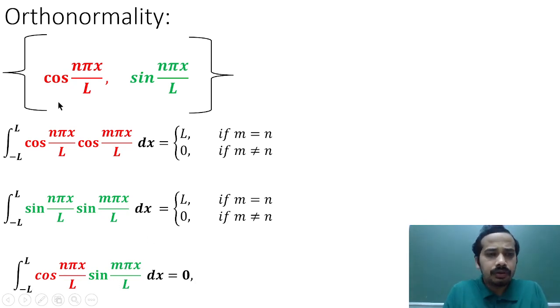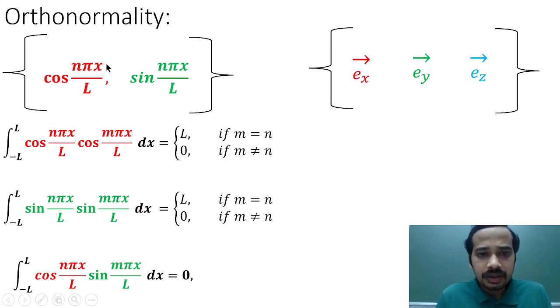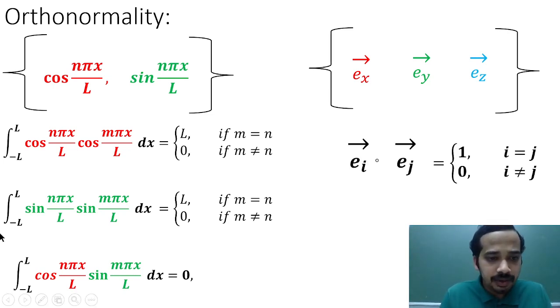So why do we call this orthonormality? Because orthogonality and normalization are words we use in the case of arrow vectors, and we use similar words here because these behave very similarly to our unit vectors. These expressions are very similar to the relation e_i vector dot e_j vector equal to 1 when i equals j, and equal to 0 when i not equal to j. It's not 1 here, since these are not normalized; it will be L. But we can call them that, as they follow a similar relation.